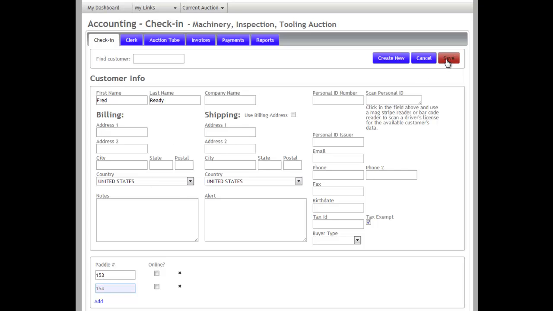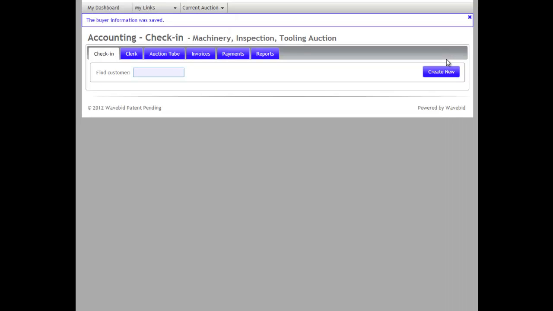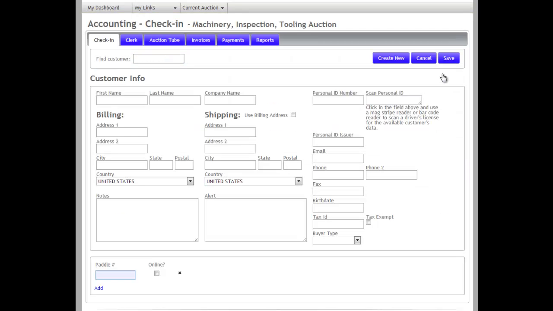Once we have everything ready, once again, we're just going to click Save. That information is saved and the buyer is checked into the auction. The process is that simple. A couple other fields on this page that are worth mentioning. If you fill in an alert,